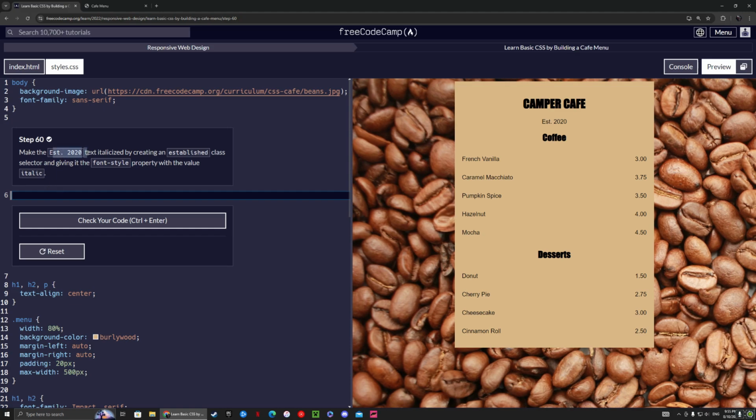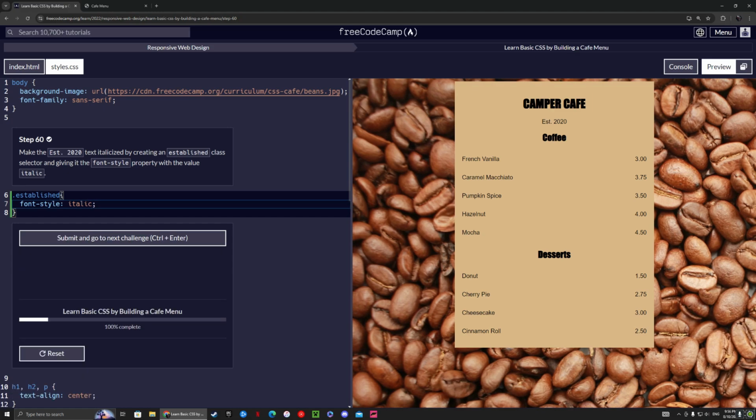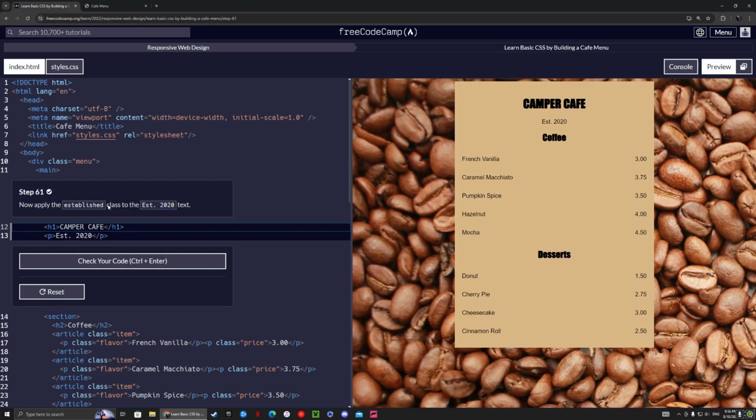Make the established in 2020 text italicized by creating an established class selector and giving it font style. So established. Font style. Italic. There we go. Now apply the established class to the okay, so class